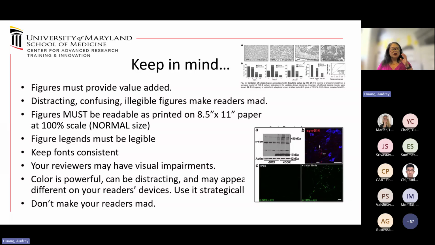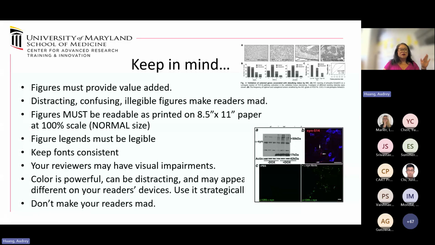So if you've got it shrunk down to save space, but you really want to include a figure, think about your cost benefit analysis. For this top figure with the 9 panels, I probably would have just picked 1 bar graph as an illustrative example of the data that I've gotten and talked about it and other things not shown and be done with it. Because 1 bar graph at the size that's legible will not make me mad. The histology right now is making me mad. Keep your fonts consistent, keep the figure legends legible.